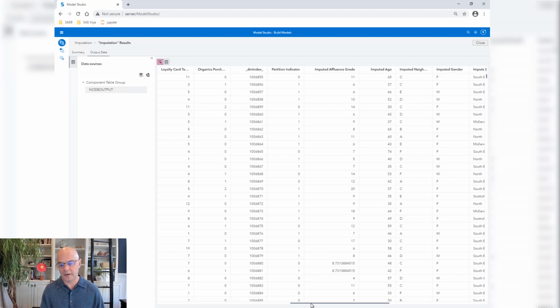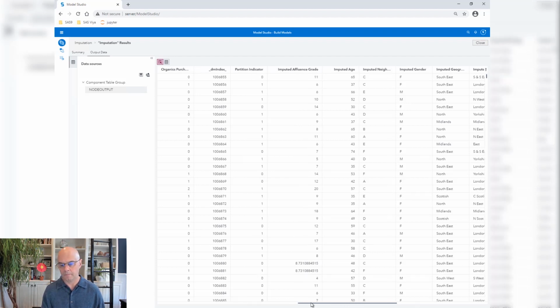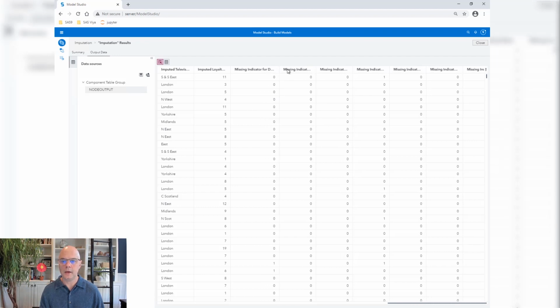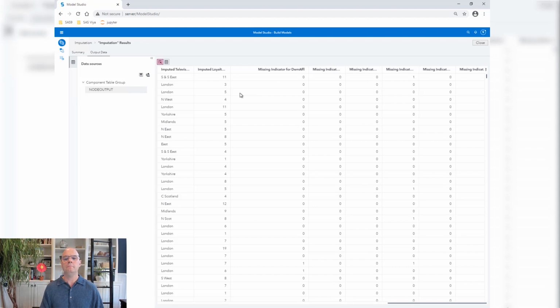Let's take a look at the missing value indicator for that variable. And here it is. Let me make the header a little bit larger for you. Missing indicator for demo affluence. This indicator is indicating missingness. So if the original observation was known, the indicator is 0. If the original information was missing, the indicator is 1. Notice as we look down the column, we've got a bunch of zeros. Then towards the bottom, we see the 2 missing cases we had before indicated back to back with 1s. The missing value indicator is going to be input and passed forward in the analysis.